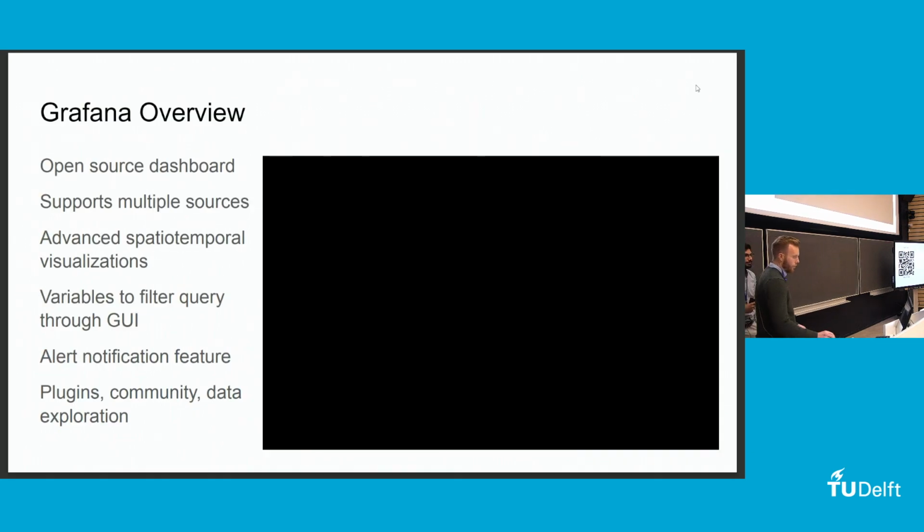So, a bit about Grafana. Grafana is an open source dashboard. And on the right, you'll see this great animation that's just going through and showing you what Grafana looks like. It supports multiple sources, which is really nice. So whether you're using a Postgres database, a CSV file, MongoDB, whatever you're using as your source, it can take